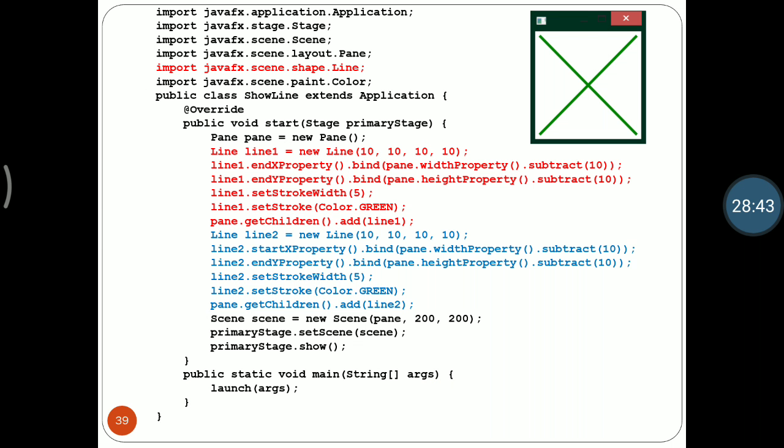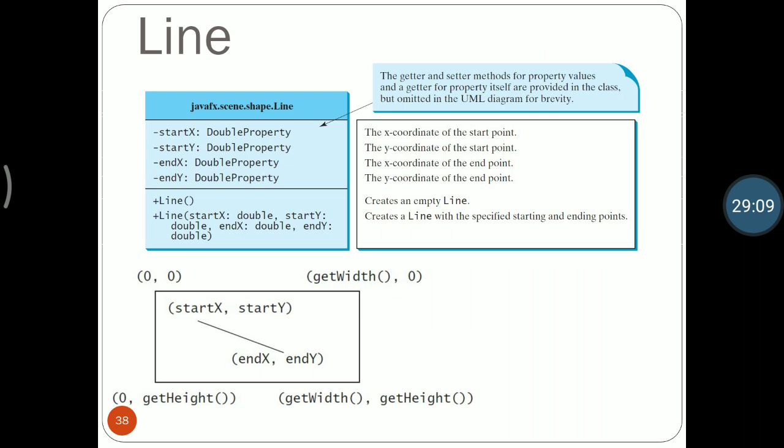Here in the example we can see line 1 has a starting point of 10 and an ending point of 10. We have bound it with the pane. We have stroke width 5. We have set color green. Our total pane size is 200 by 200. So with this method we can create a line.